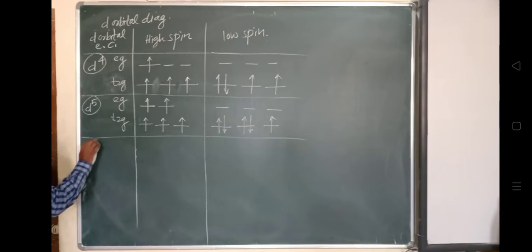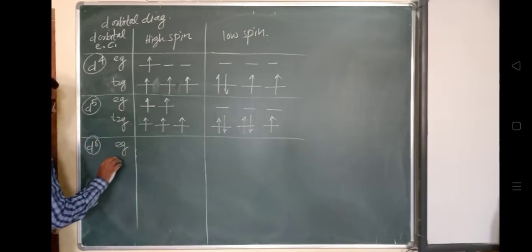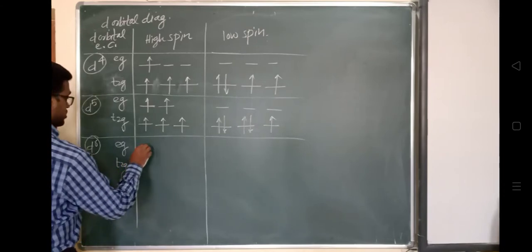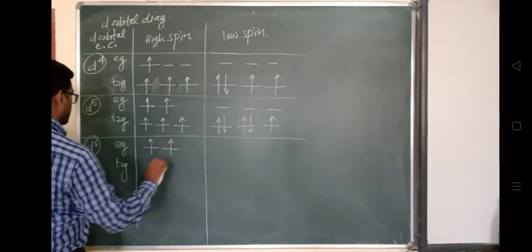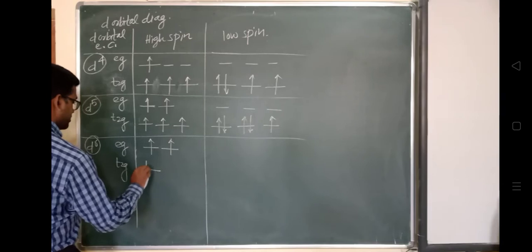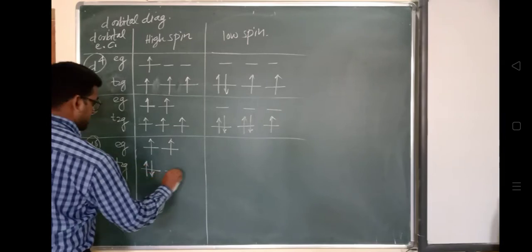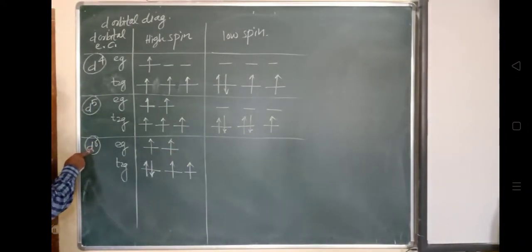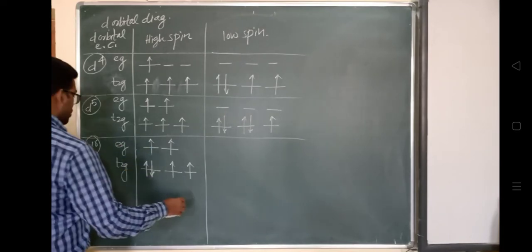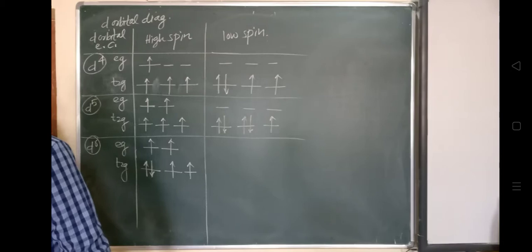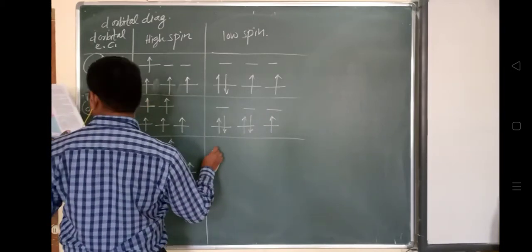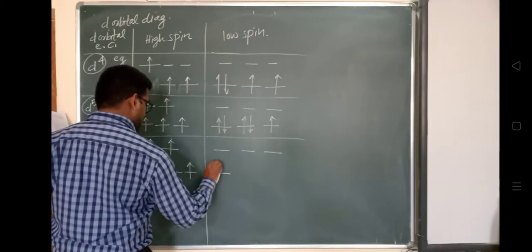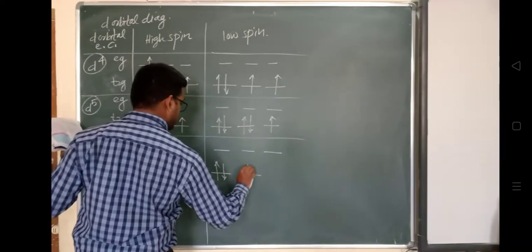Next one is the d6 orbital, with Eg and t2g. In case of this d6, यहाँ पे 1 and यहाँ पे 2 in Eg, and in case of t2g, 1 2, 3 and 4, and total 6. So in this way, these are the 6 electrons which will be occupied in the t2g and Eg different sets, in case of high spin. Once again we will discuss this. Then this will remain vacant. चलो, ये हो गया 1 2 3 4 and 5 6.